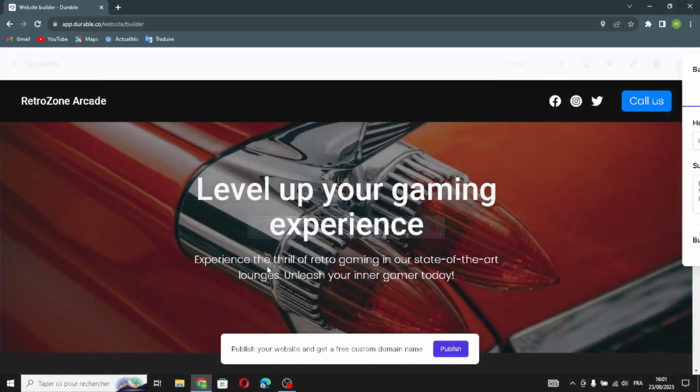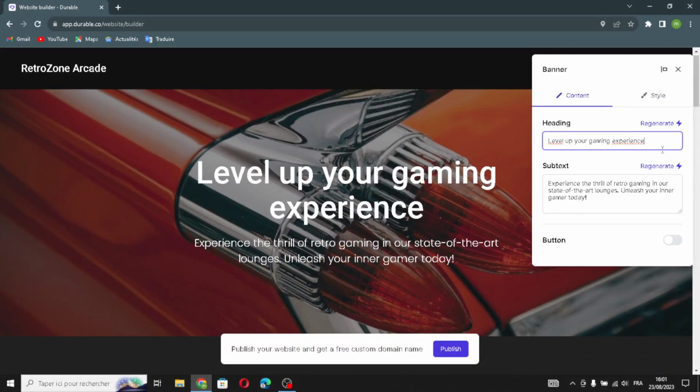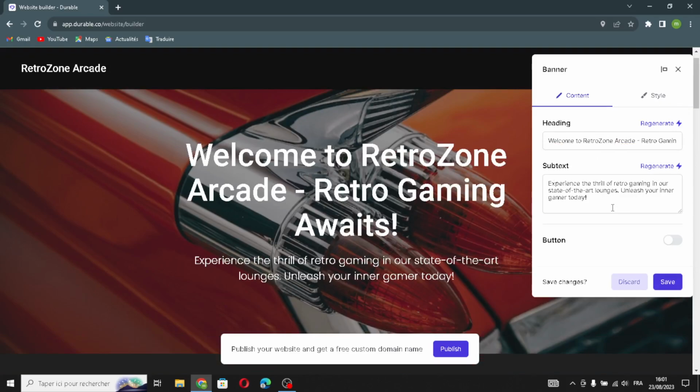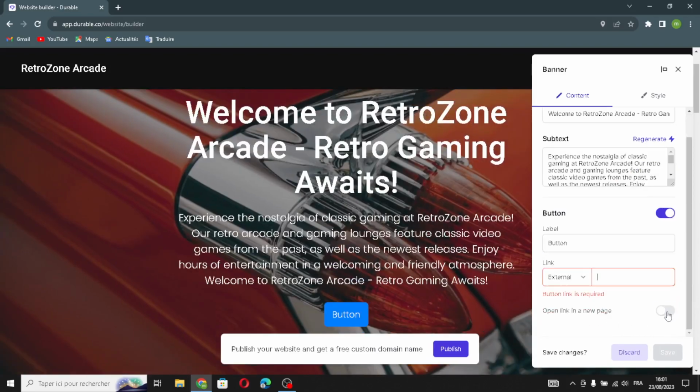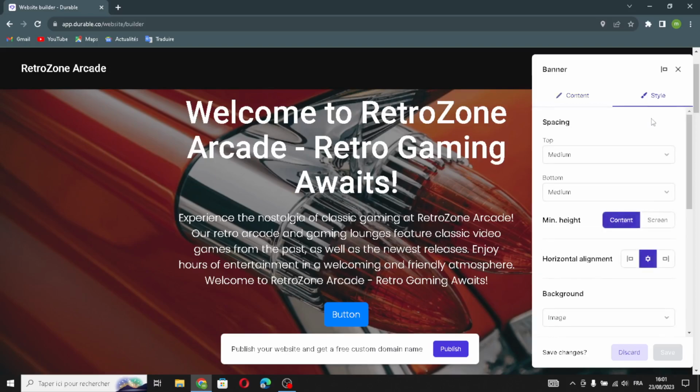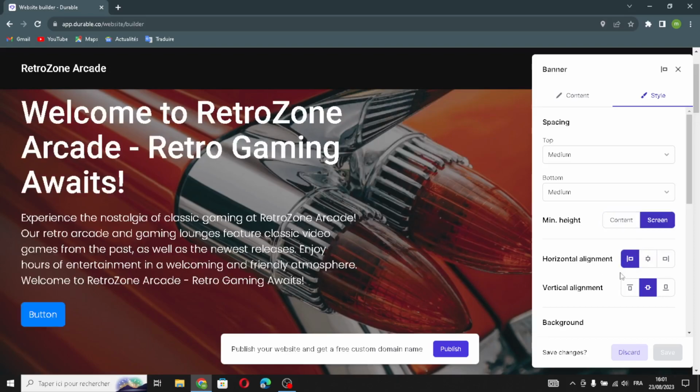The next section is the banner section of the website. You can change this, the heading. Also here the subtext, you don't like it, just click regenerate and it will be changed. You can turn this on and add a label or add external link. Also if you want to turn this on and open it in a new page, you can edit the style of this section, the spacing, and here if you want to make this screen like this, the horizontal alignments,